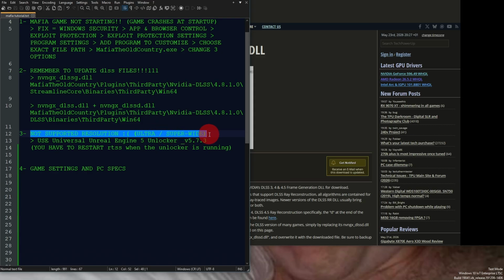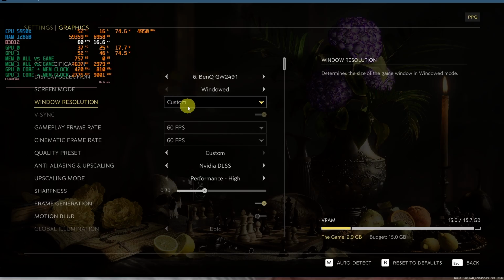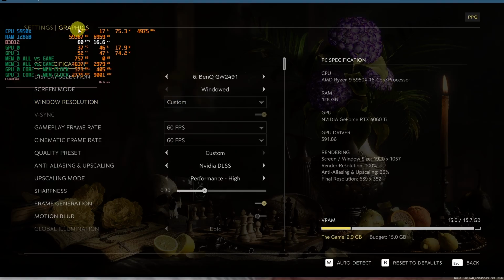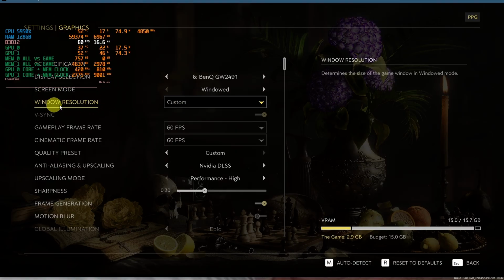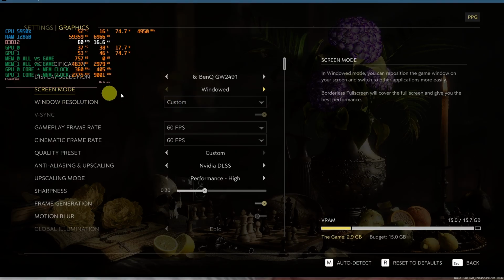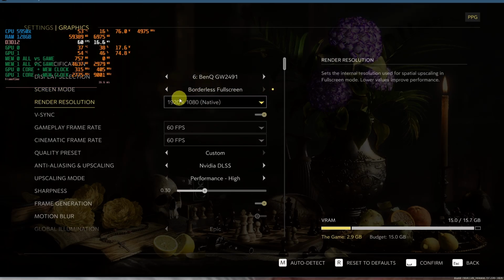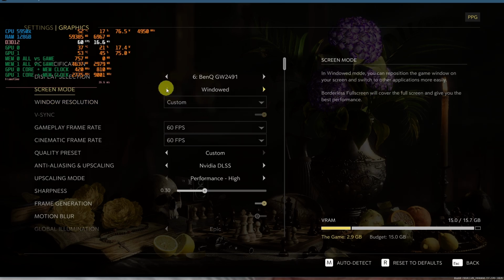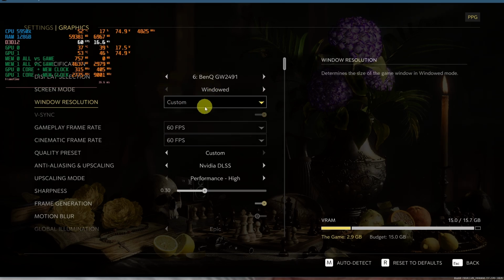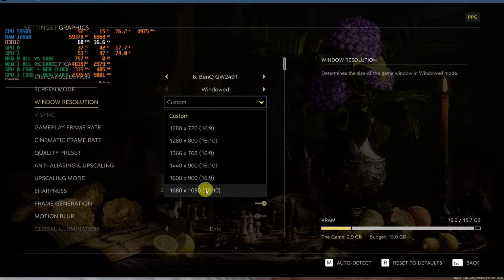super wide that the game does not support. Now let me demonstrate. So I went to the graphics settings and then to Windows resolution. By the way, the screen mode, we have windowed mode and we have borderless, which lets me play at 1080p full native but in full screen. But when I go to windowed mode, it does not show me here the full 1080p 16:9 aspect ratio. It only shows me like this 16:10, whoever used this. Anyway,